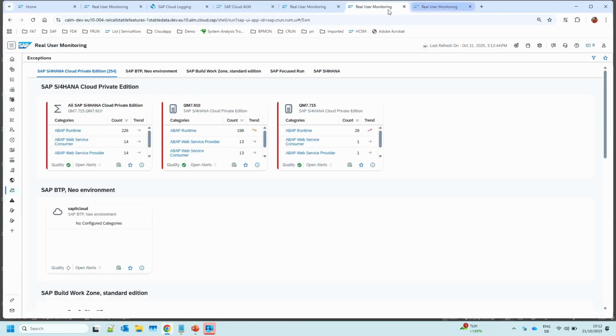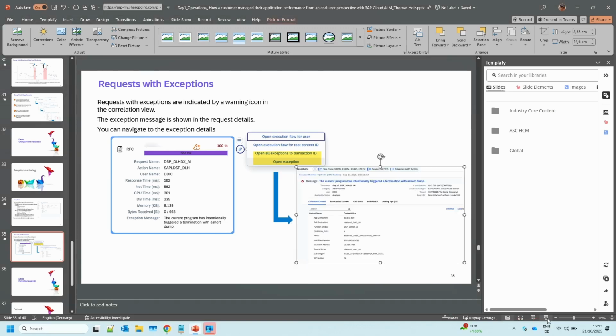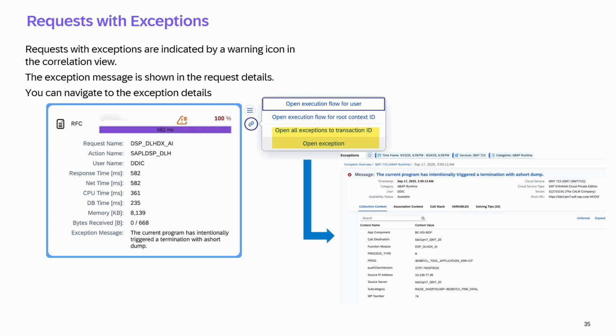Doesn't work. Then we can jump in from our UI. So this is then marked with such an icon. Mouse pointer is gone.